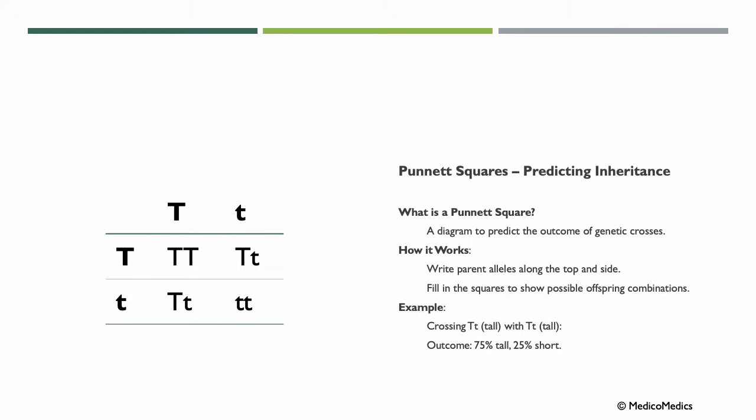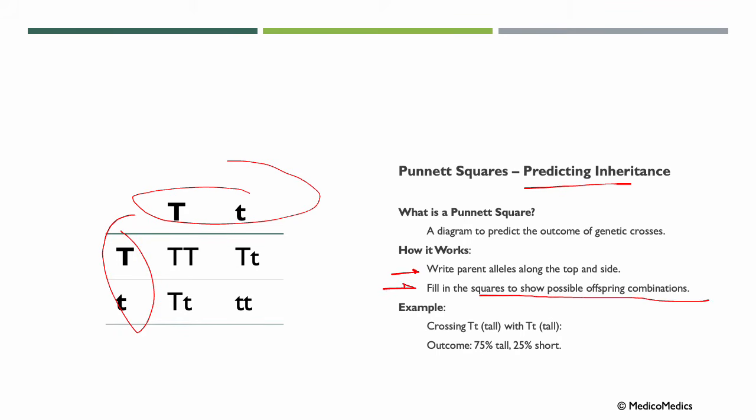Now let's talk about Punnett squares used to predict inheritance. A Punnett square is a simple diagram used in genetics to predict the probability of offspring inheriting certain traits based on parental alleles. It visually represents Mendelian inheritance patterns for dominant and recessive traits. How it works is you write parent alleles along the top and side, here and here. And then you fill in the squares to show possible offspring